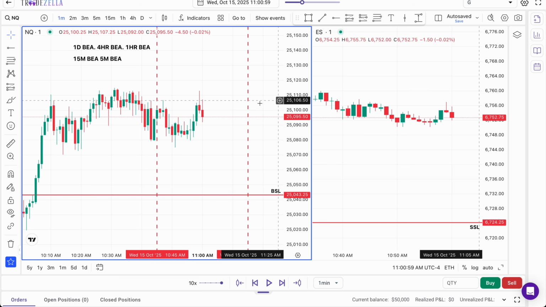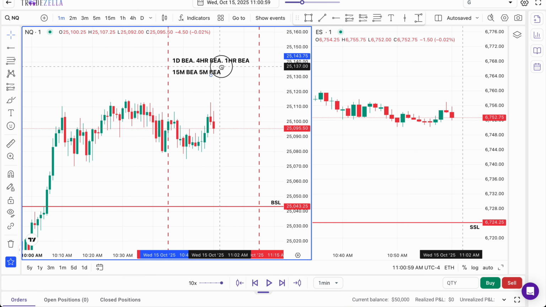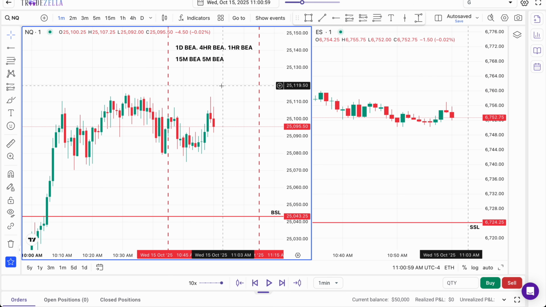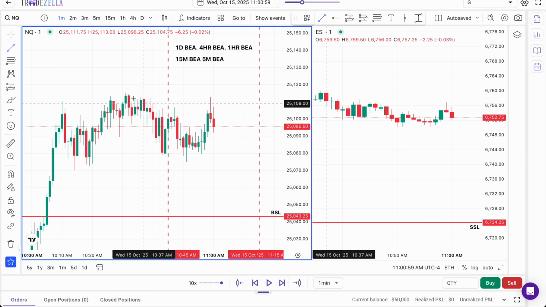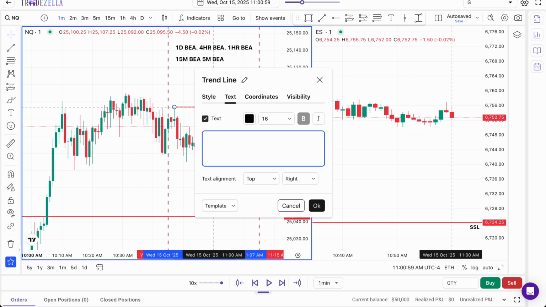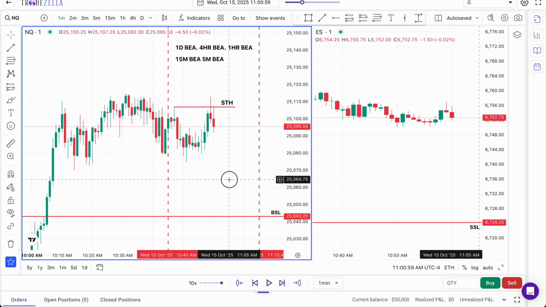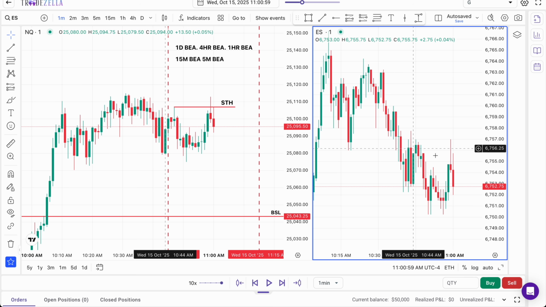So by looking at the checklist that we follow, a sweep of buy side must be paired with a bearish bias, which we have formulated here based off imbalances. And we have an internal sweep of buy side liquidity after this more or less accumulation period. So we've manipulated above a previous short-term high, also leaving a huge bearish SMT on ES, as ES is the weaker pair out of the 2 assets here.